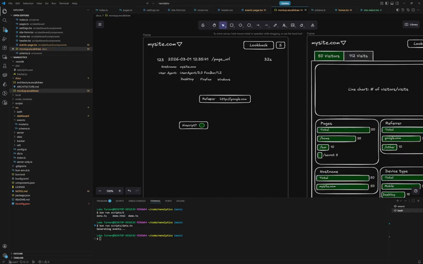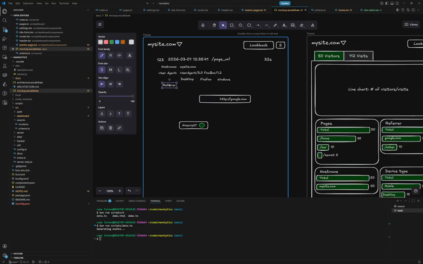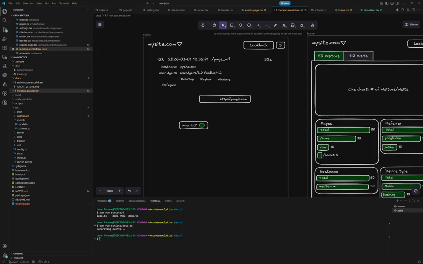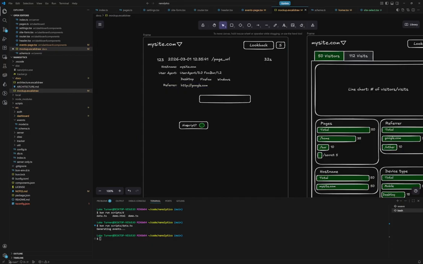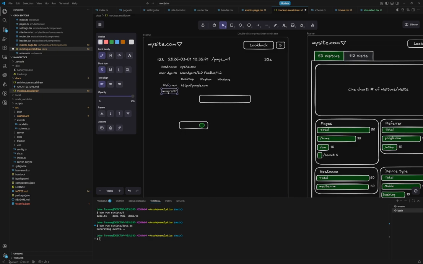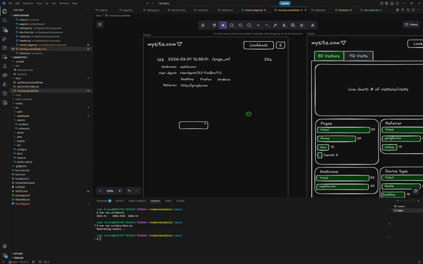Okay, and then we would have our referrer. That's kind of nice now because we have this visual pattern for adding new fields. Referrer goes there. And then no script. The no script thing, I actually want to put, so kind of an interesting thing here is